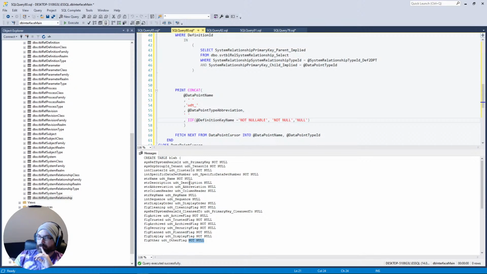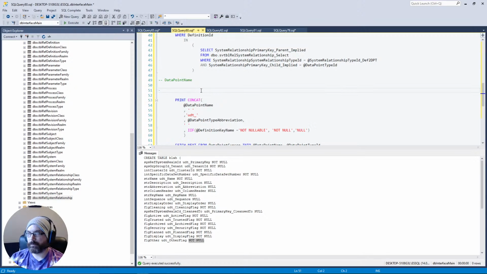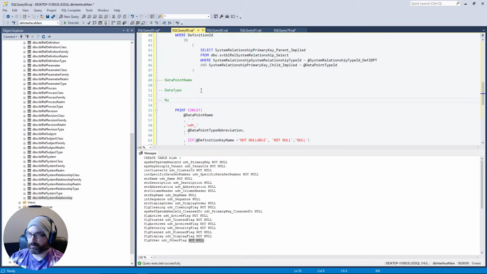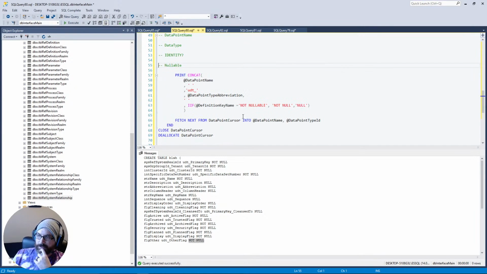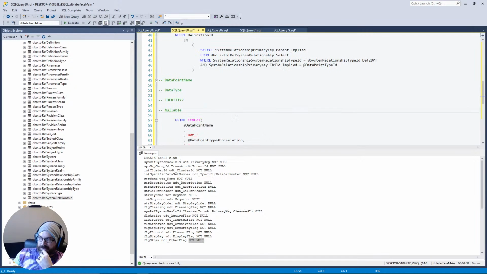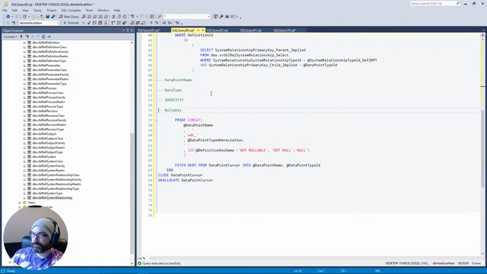So I don't think there will be any other item. All right, so we will have 3 pieces in our script: the data point name, the data point, let's just call it data type, and the nullable flag. In between the nullable flag, we have to say identity, which is simple. If it's a primary key, then that's what it is. And I think that's it on the primary piece